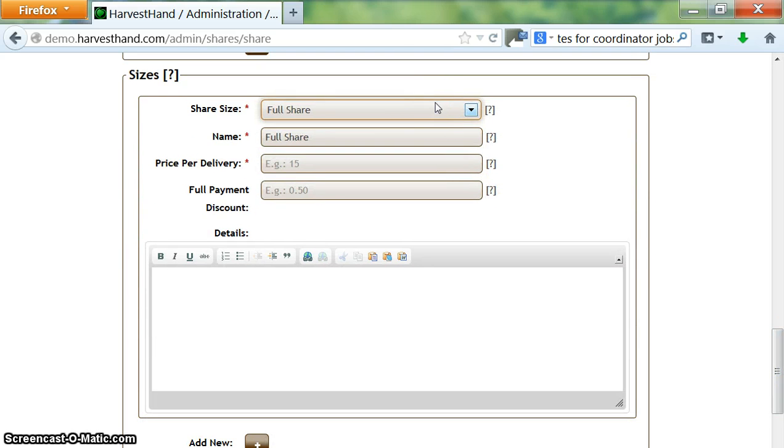And now you can set the various sizes. So for the full share, we'll call that lots of meat, and the price for that will be $50 a month, and the full payment discount, if they pay all at once, we'll say that they get a $5 discount, and that the full share feeds a family of 3 to 4 people,